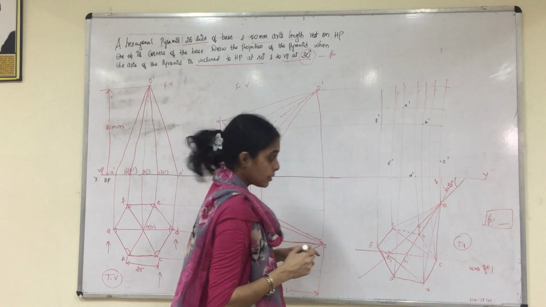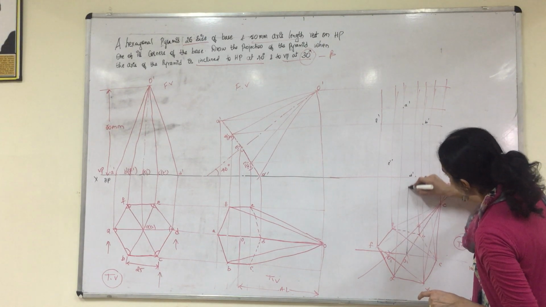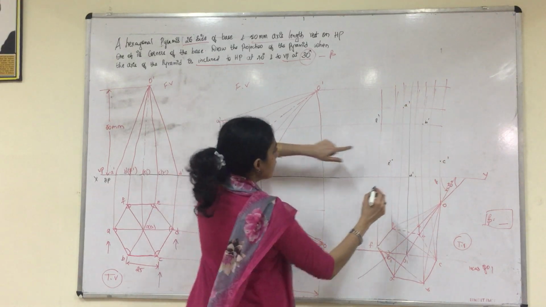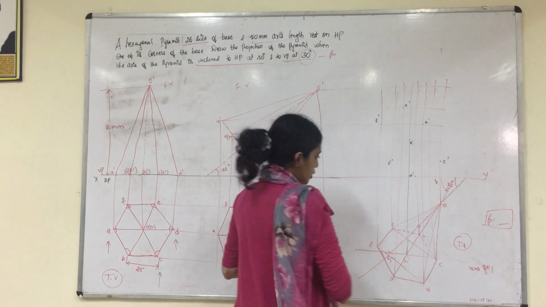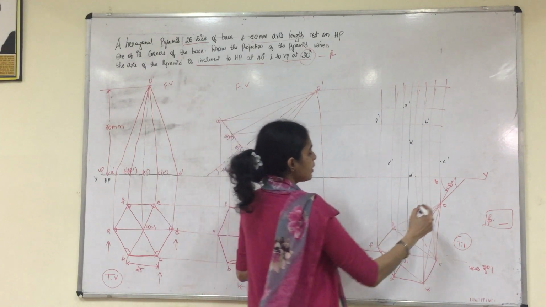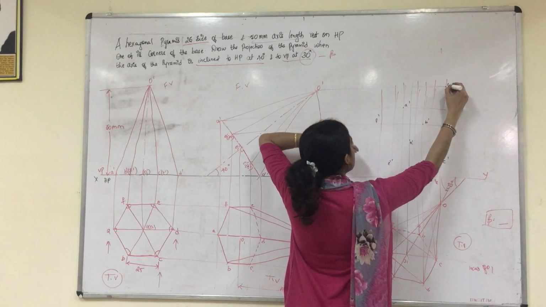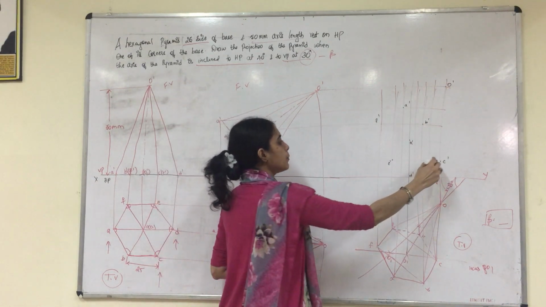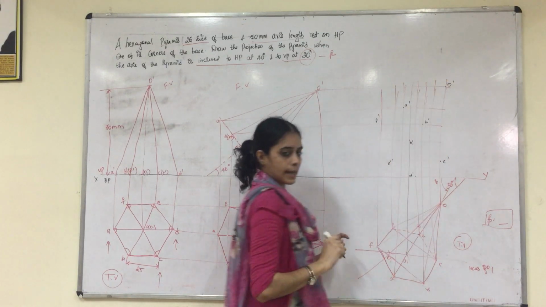And then we haven't taken the projection of O1. So please take the projection of O1. The projection of O1 is meeting O1 dash at this point. So this is our O1 dash. After that we have the projection of O. Projection of O is meeting O dash at this point. So this is our O dash. So now we have given the naming for all the base corners, center as well as the apex.